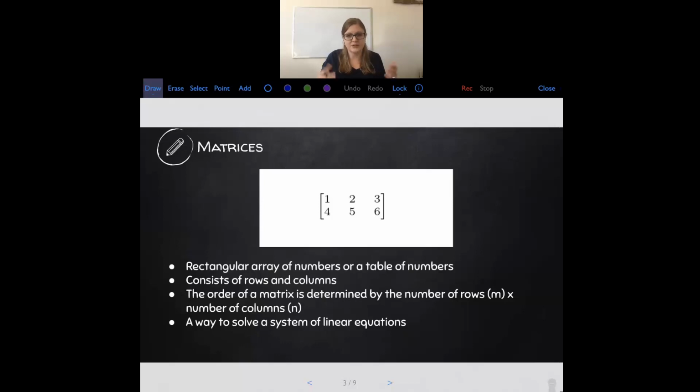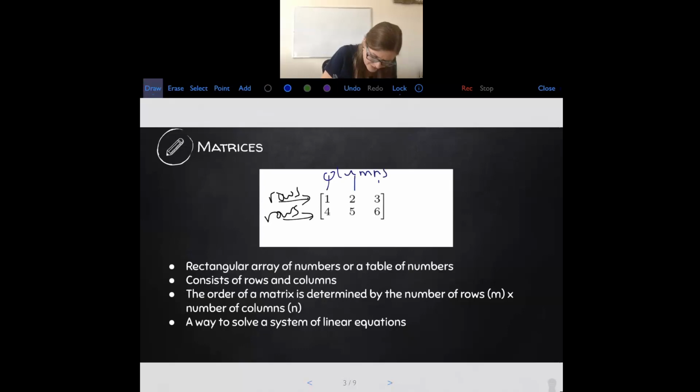So matrices, which is the plural of matrix. There's an example for you in the white box. A matrix is a rectangular array of numbers, or another way to think of it is a table of numbers. It consists of rows and columns. So the rows go this way, and the columns